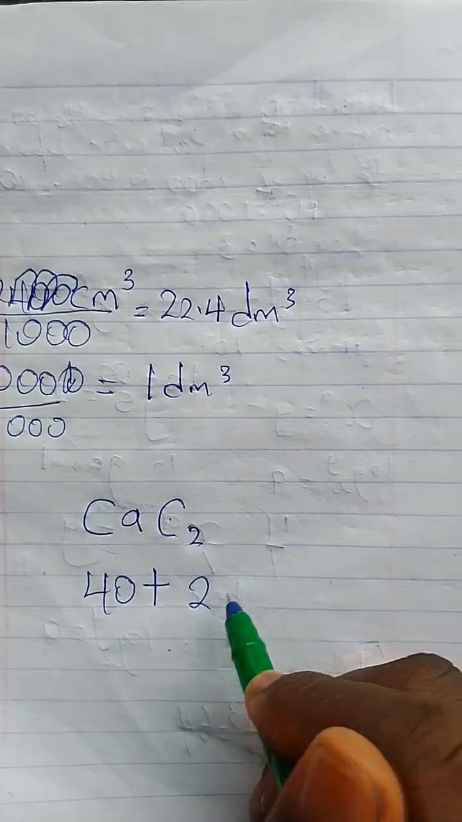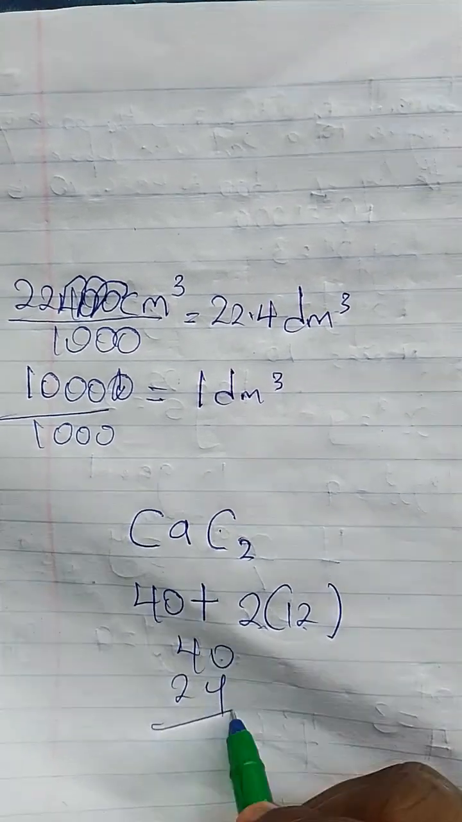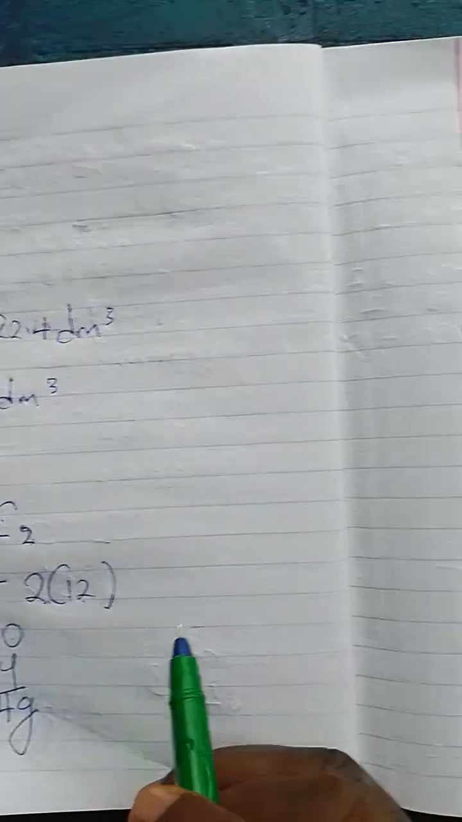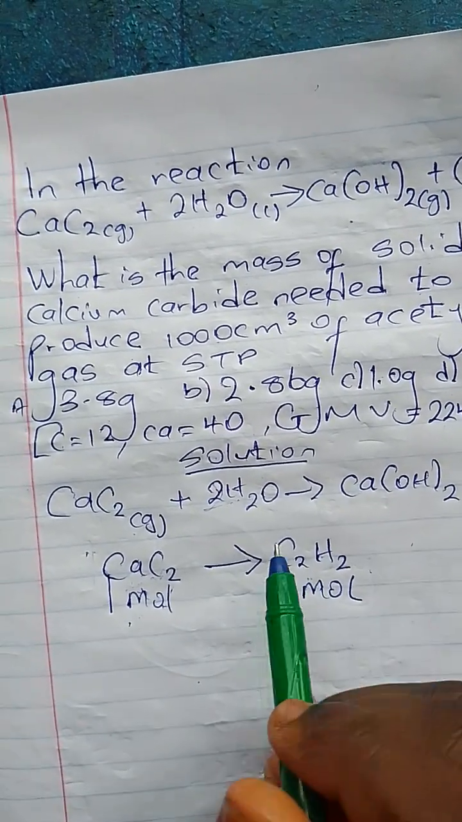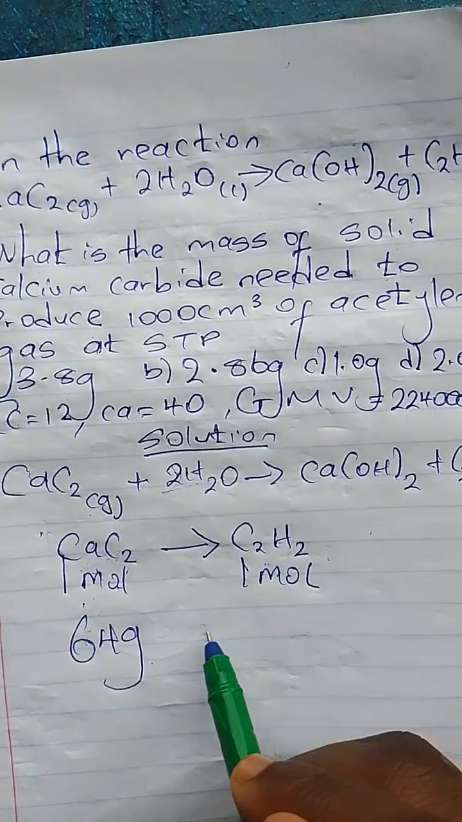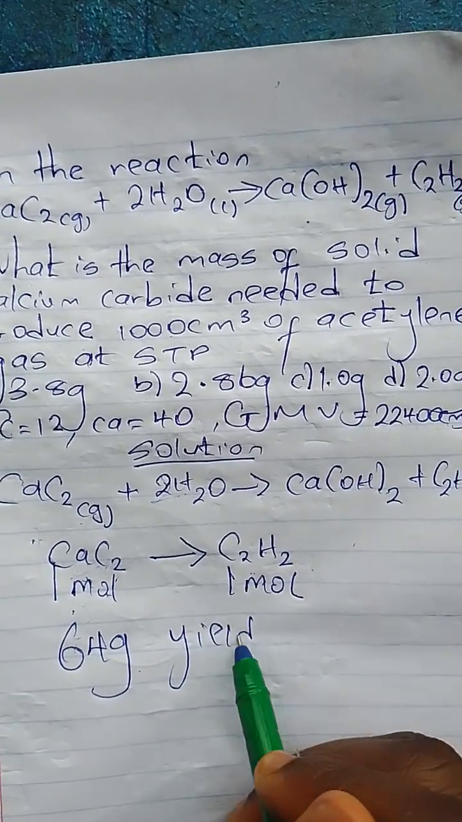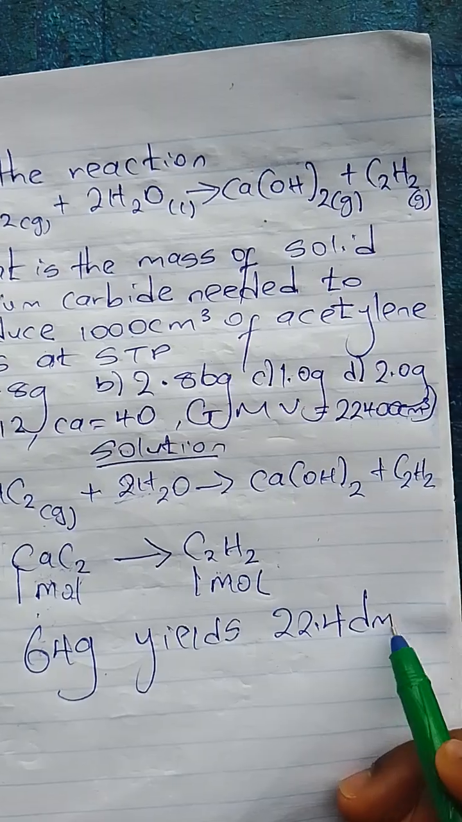Now calcium has a mass number of 40 plus carbon has a mass number of 12, but there is a 2. This indicates that we're using 2 times 12. So we have 40 plus 24. That will give us 64 grams. So there are 64 grams in 1 mole. 1 mole will give 1 mole respectively. Let's leave that aside. Now forming the relationship, 64 grams in 1 mole will yield 22.4 dm cube